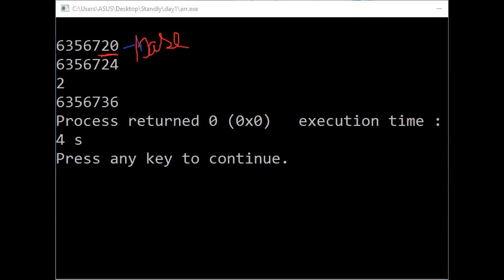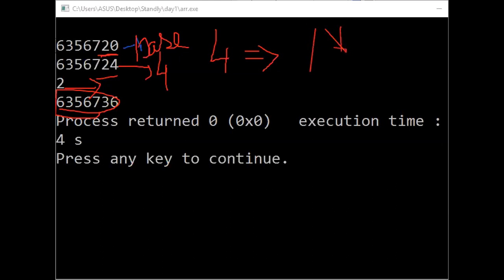So the next element takes 4 bytes. You can notice that 4 bytes are taken here, followed by the value at the second address 2. And here is the important concept we came across. Where is it going? It is going to 36. How many elements did we initialize? 4 elements. So overall, how many bytes are required for 4 integers? 16 bytes are required. So 16 along with your base address, so it is 36.